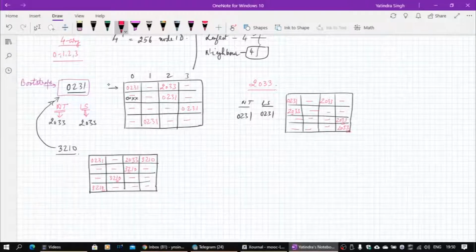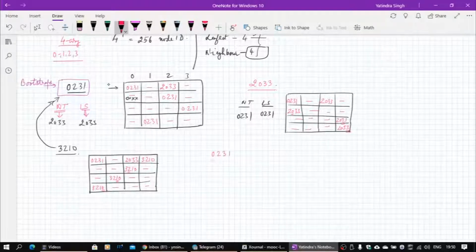Now 0231 will search for 3210 and try to find out the match. It does not have any match. So what it will do is it will look for an entry. There are only these two entries, there is no match, so it will find out who is the closest numeric entry out of these, and will try to pass on to that. So how will this be computed?